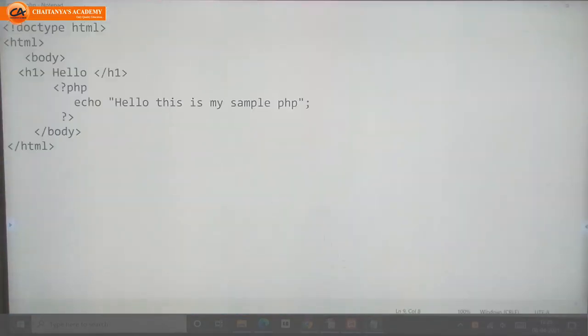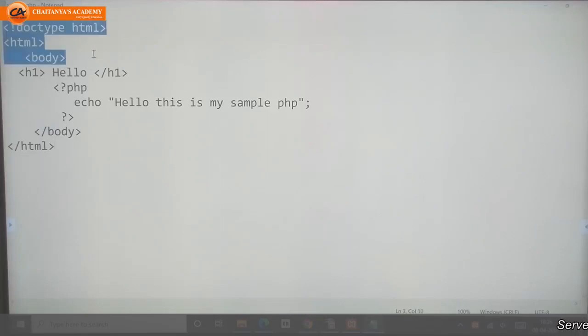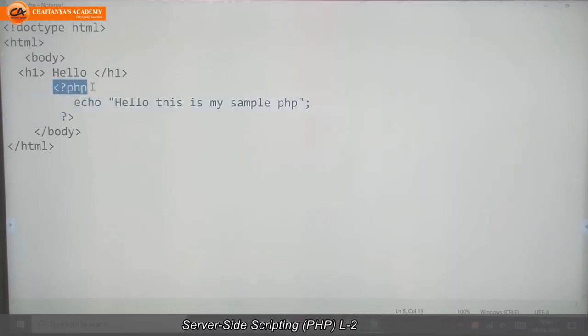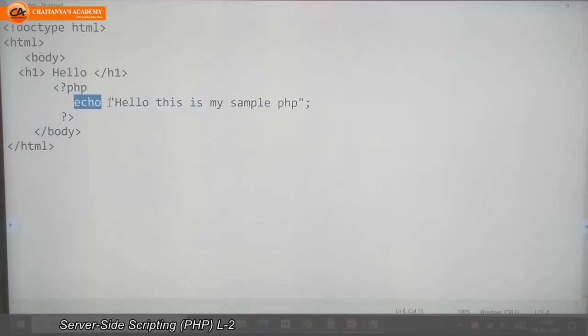Next, go to Notepad or your editor, whatever you want. Then type the code. The code till the start of the body tag will be the same as our normal HTML code. In that, to write PHP code, you need to write less than symbol, question mark, PHP keyword. Next, echo, to print any line you want on the web page.